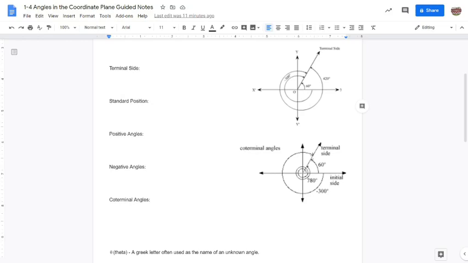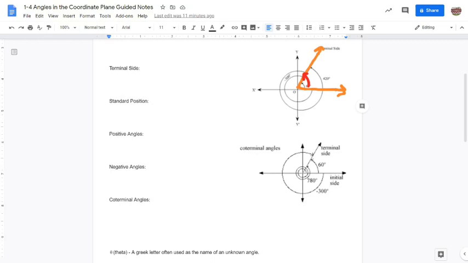Okay, so if we look at this second picture, top of the page here, we see another angle in standard position. Okay, so now you might not always see that side drawn, but you always assume it's in standard position unless you have reason to be otherwise. And then this would be the terminal side. So there's different ways to measure the angle. You can measure a positive angle, a negative angle, or an angle bigger than 360 or less than 360. All right, so